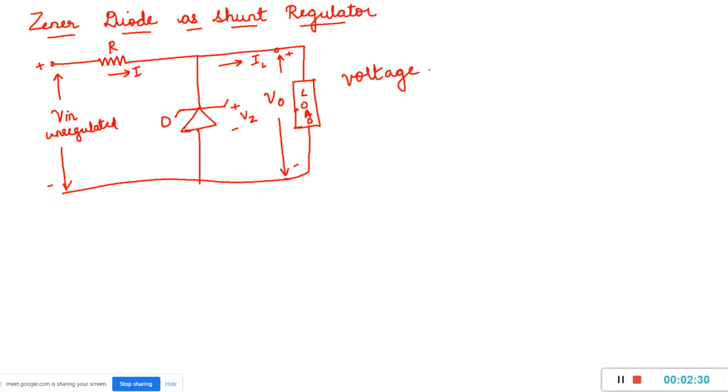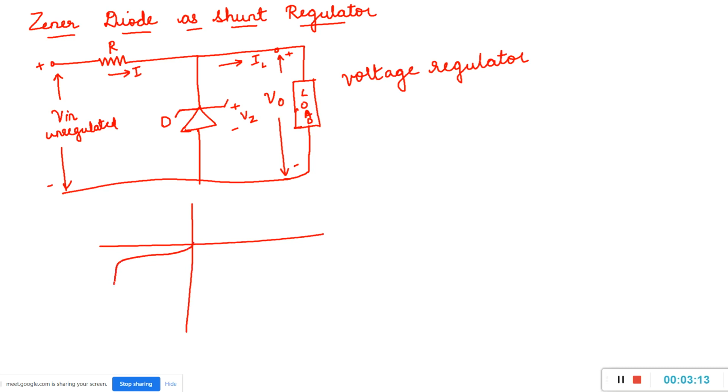Voltage regulator means we need to supply a constant voltage. How do we supply a constant voltage? With the help of a simple circuit using Zener diode. So this is the simplest shunt voltage regulator circuit which uses a Zener diode to regulate the load voltage. In order to keep the load voltage constant, this simple circuit is used. In order to understand the working of this circuit, let us revise the VI characteristics of the Zener diode. For your reference, I'll just draw the VI characteristics of the diode.